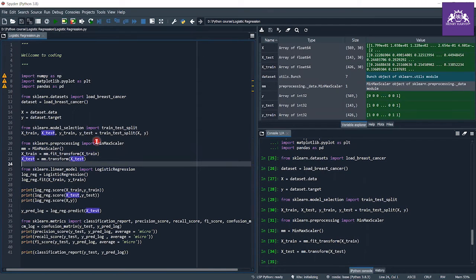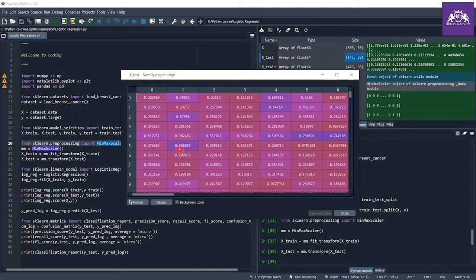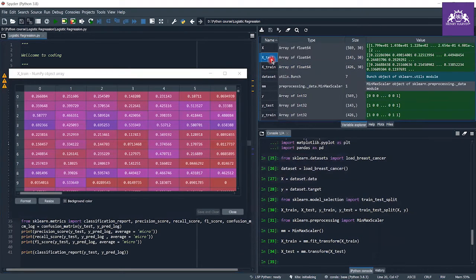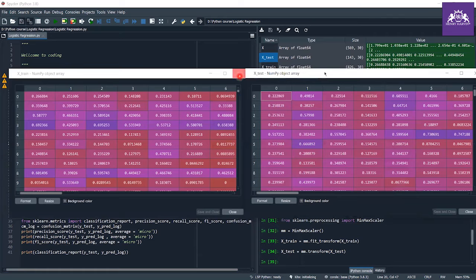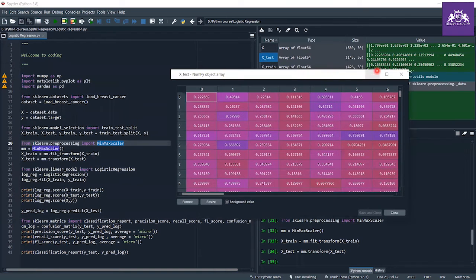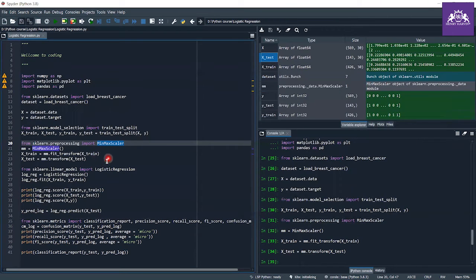Due to this MinMaxScaler, I normalize my dataset. The train set is normalized between 0 and 1, and so is the test set. All of this data is in the range of 0 and 1. So now my dataset is normalized, which is good for making a machine learning model.